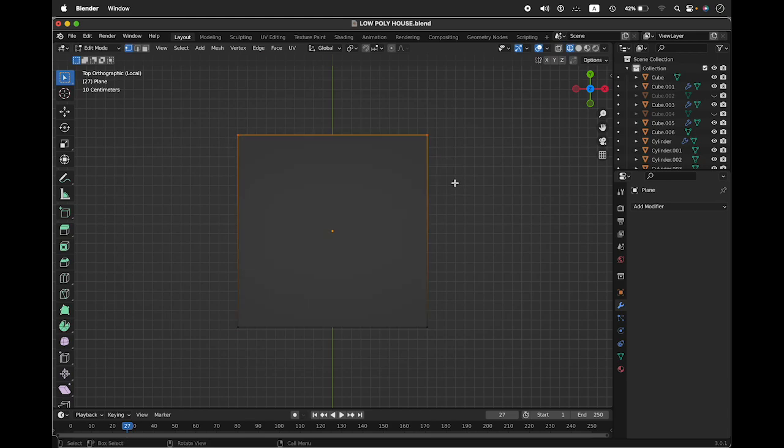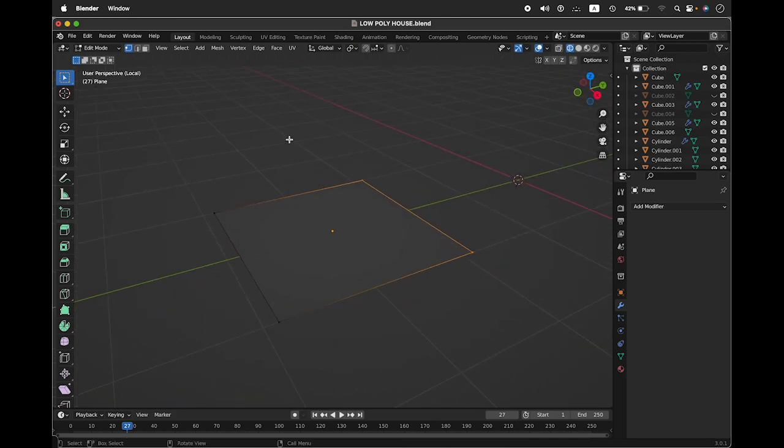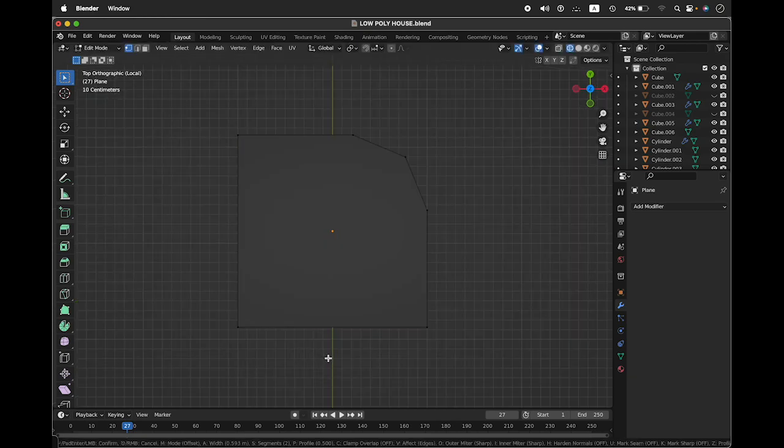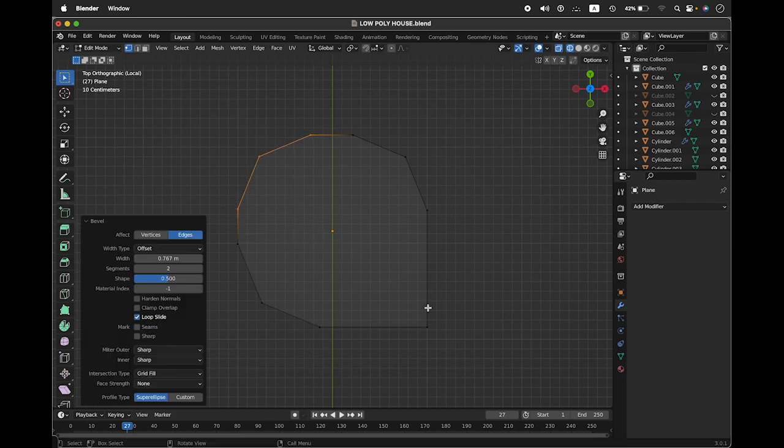So for the footpath we need an irregular shape of the plane. So we're gonna select everything, extrude it, select the edges and then bevel them randomly so that you've got an irregular shape which looks like a stone,